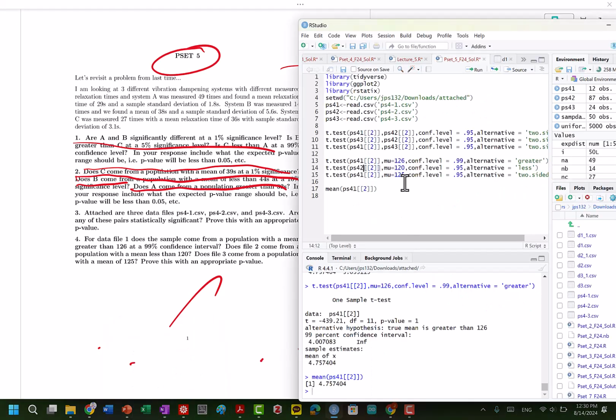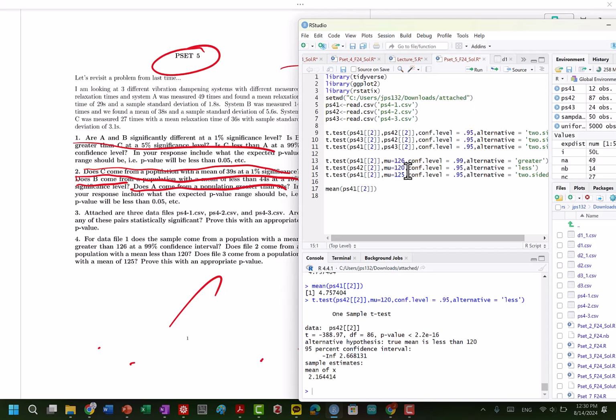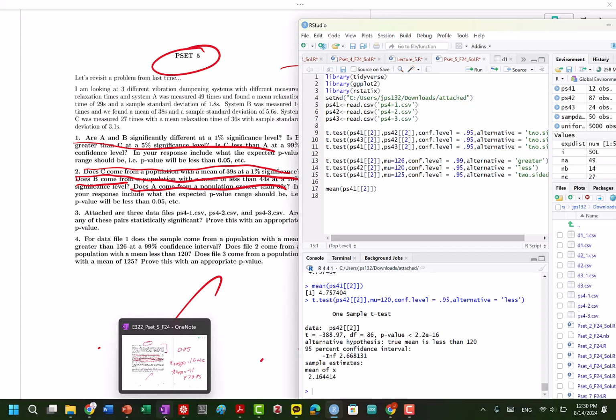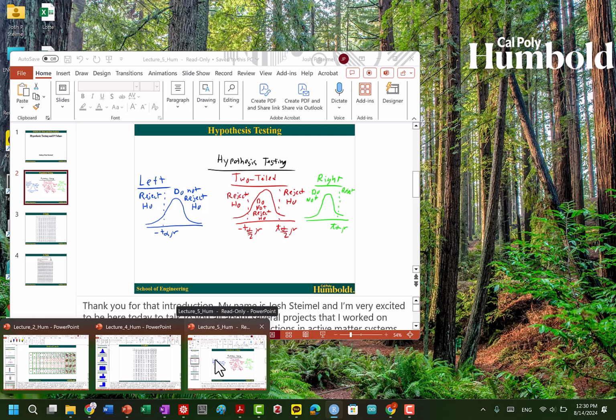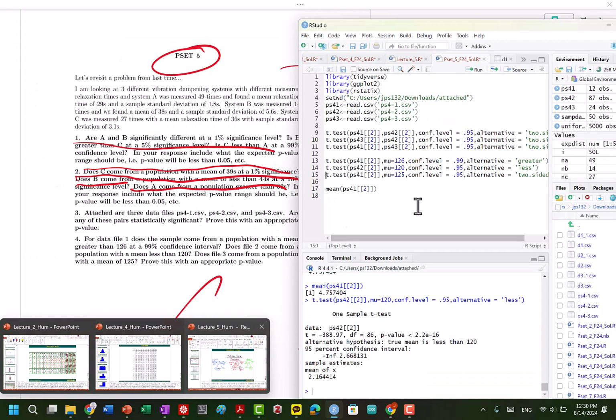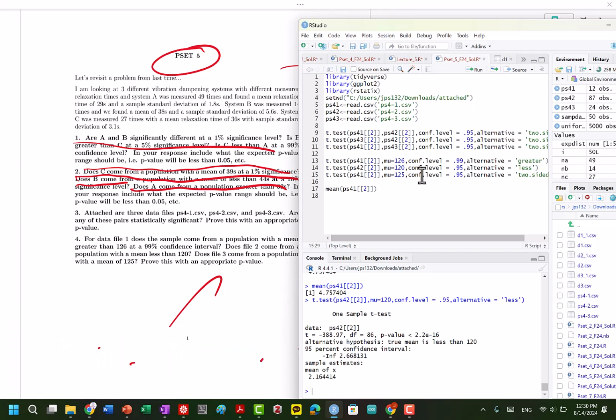What about, does file 2 come from a mean less than 120? That value is basically 0. So again, if we're looking at our hypothesis testing, that's going to be a big old reject as well. Left-tailed, we are in the reject regime for sure. Excellent. And then finally, does file 3 come from a mean of 125?